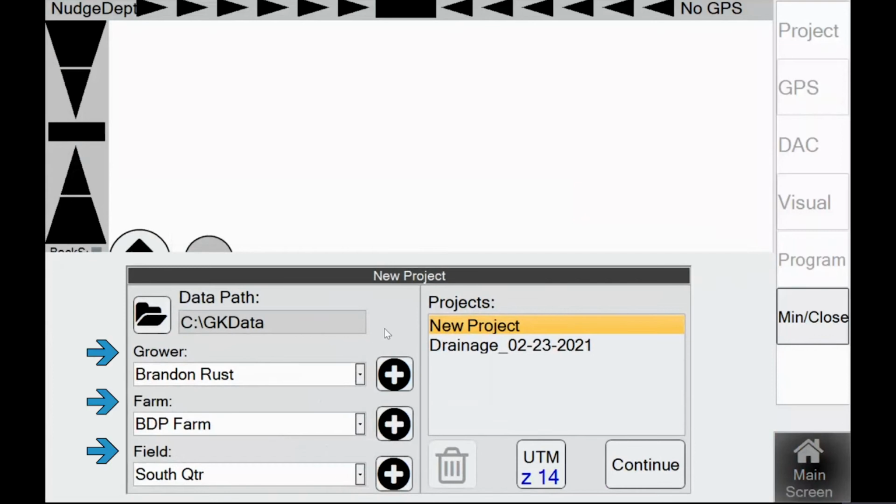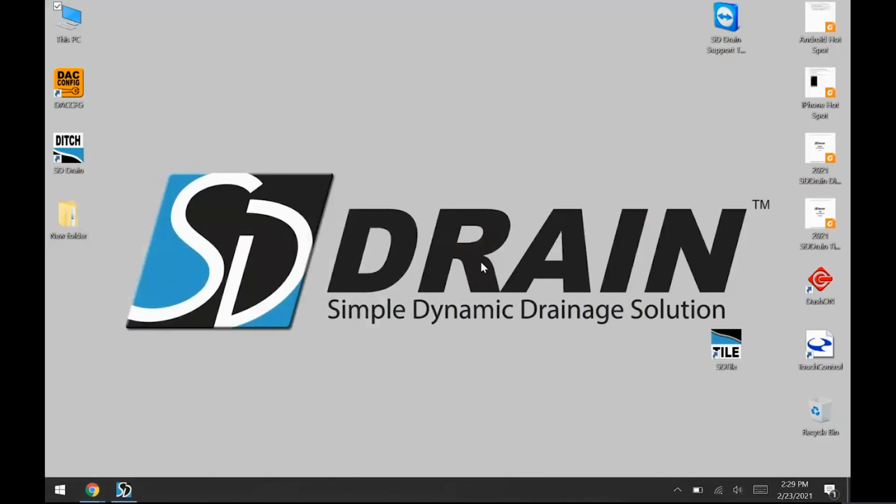On the left side, when you open up the system, it says grower farm field. That's a grower farm field format. So that's how we save our topography map files. So just remember that's very important. So grower farm field. So where we save all the files, so you can open it up into SD drain,